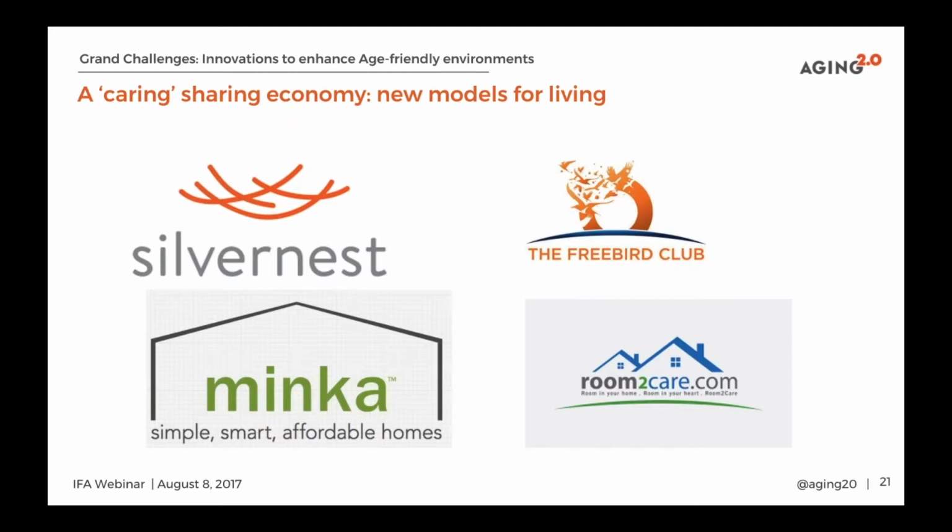The interface is much more designed and friendly for older people, and the service experience is more social and allows people to connect with each other. Again, addressing the social engagement and isolation piece. Room to Care down in Florida is something similar, but a bit more focused on disrupting the assisted living